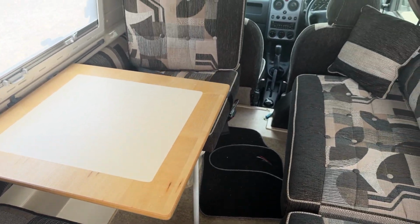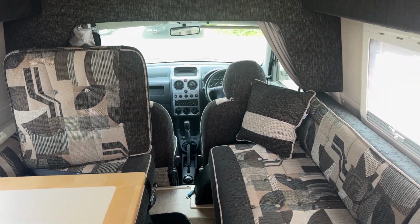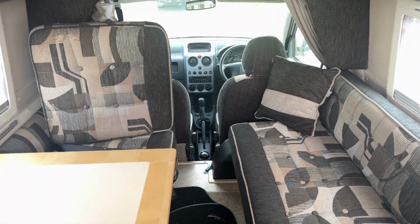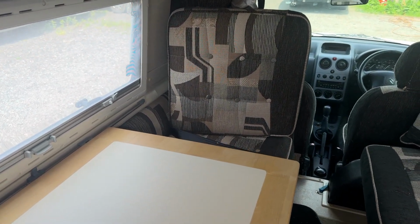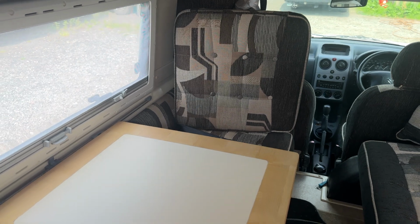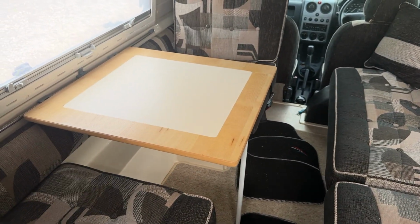Yeah, it's got all the matching upholstery. Yeah, it's virtually as nice as the day it came out of the factory. This is a tried and trusted formula. I think that's been going strong, this model, for about 40 years, obviously with the older size configuration with the sofa in, but even so,